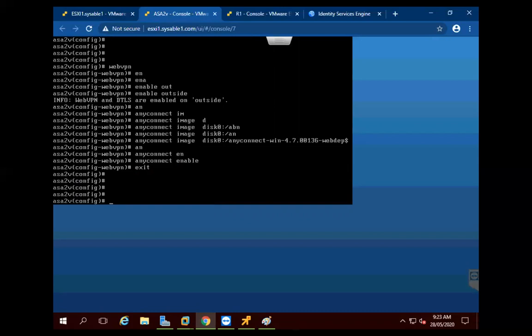Right. So next we will go back to the ICE now. Hopefully we have completed the ASA configuration as well as router 1 configuration. Now only we are left with the ICE configuration. So I will go back to ICE here.